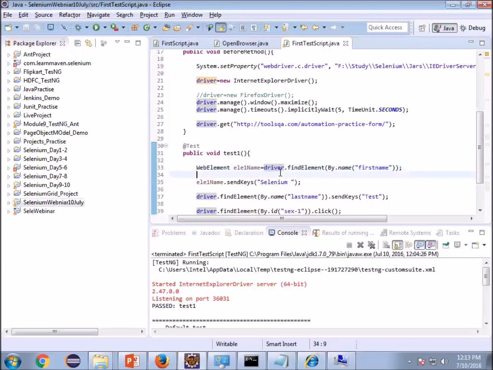We don't have to write any code for it, correct? See, ideally you should not throw it to the system. You should handle it using try and catch block. So that is, you can say, an advanced concept of Java. Not exactly advanced, it's an intermediate kind of concept, throwing and catching the exceptions. So you can handle those.